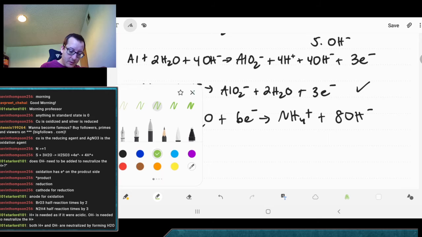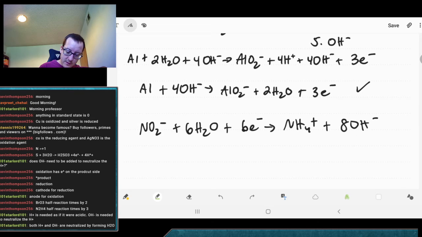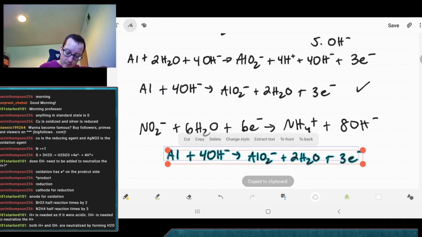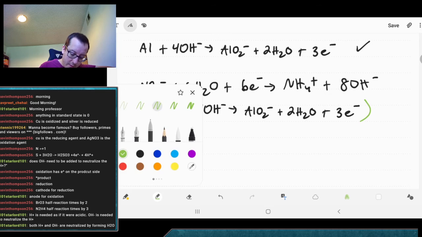So we want to, here, I'll be a little bit clearer because I know there's tons of reactions happening here. There are tons of equations. I'll copy this one down here. We want to add these together. We're going to need to multiply this one by 2 so that the 6 electrons will cancel out. If we do all this fun stuff,